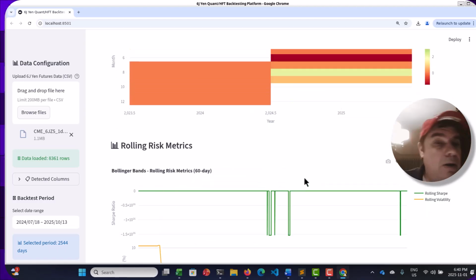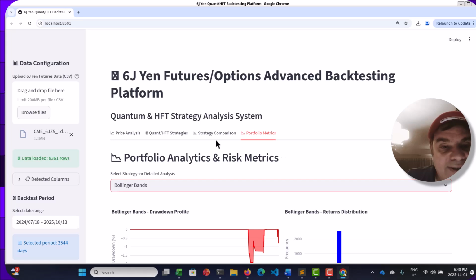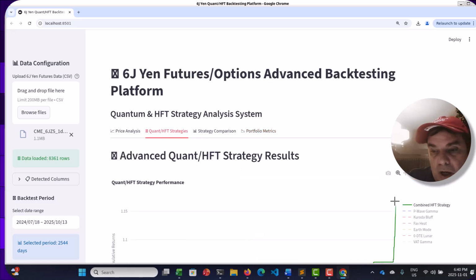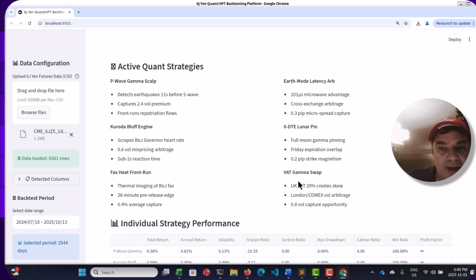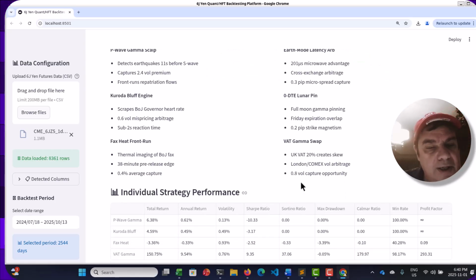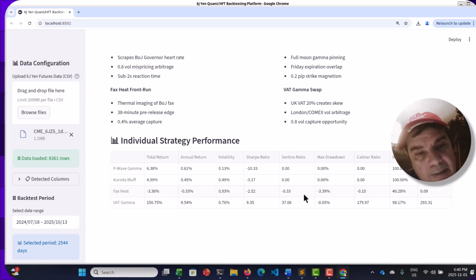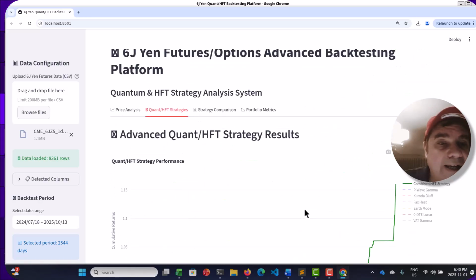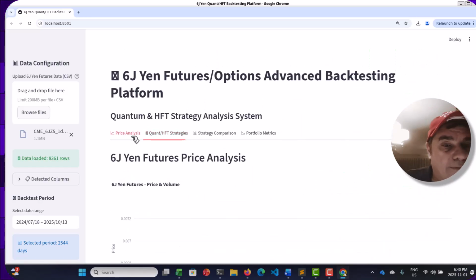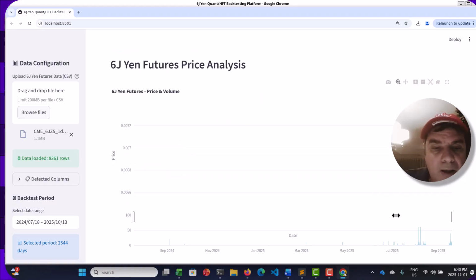Now, I don't know. Obviously, the best one to go with out of this is this VAT gamma swap. I'd have to really dig into it. But just to give you a comparison between buy and hold, technical analysis using the same data set, what kind of expectation can we learn from all of this? Okay. So